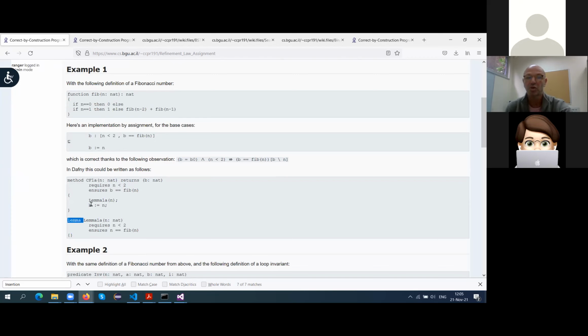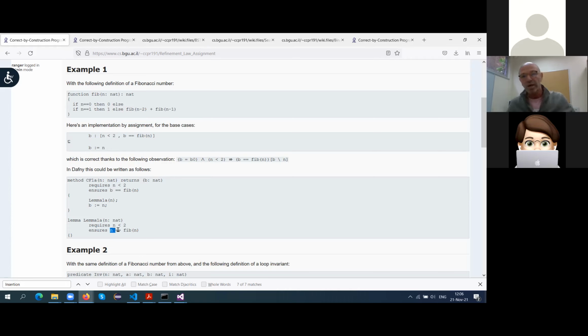So if this is the assignment, B becomes N, and this was the precondition, then that was the postcondition. The lemma can express the proof obligation that the precondition, for all values of the parameters here, indeed implies the postcondition. Which postcondition? The postcondition of the original program, but with the substitution of the left-hand side of the assignment with the right-hand side of the assignment. So it's easy to see the postcondition of the program and then the postcondition of the lemma are very, very closely related, only with B becoming N here.